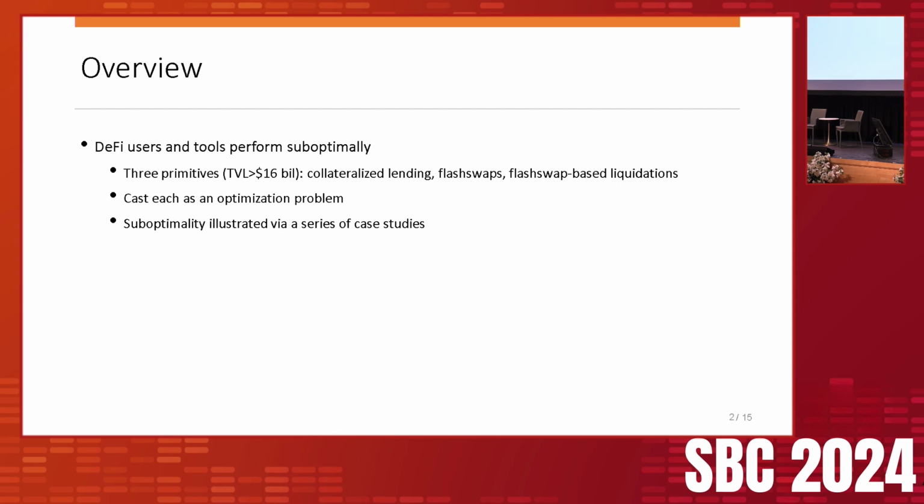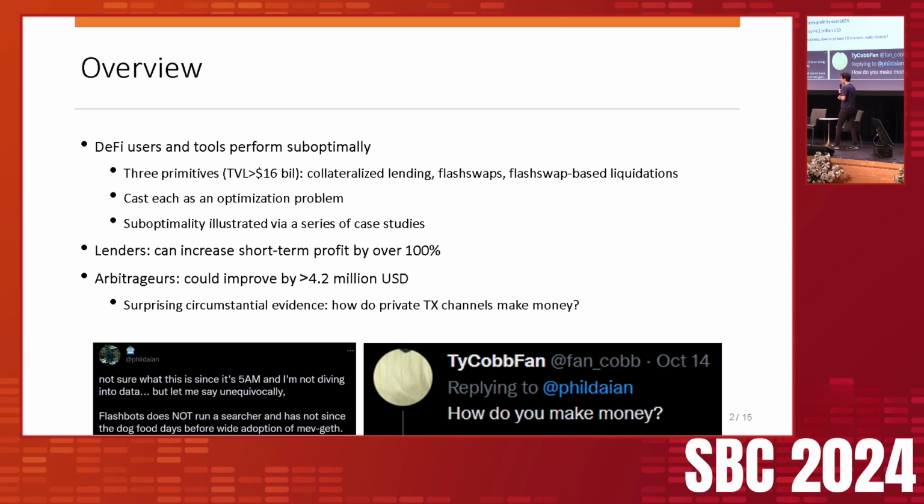For each one of these primitives, we cast its optimal one-shot execution as an optimization problem, which we then use to evaluate the suboptimality of users who use these primitives in practice. With respect to lenders, people who interact with lending pools, we show that in some cases they could have improved their profits by over 100%. With respect to arbitrageurs that use flash swaps to close arbitrage opportunities due to price discrepancies between exchanges, we show that a lower bound on their lost profits is $4 million,